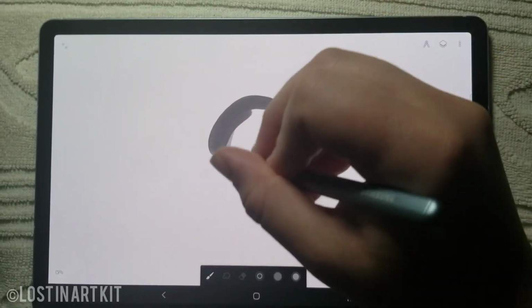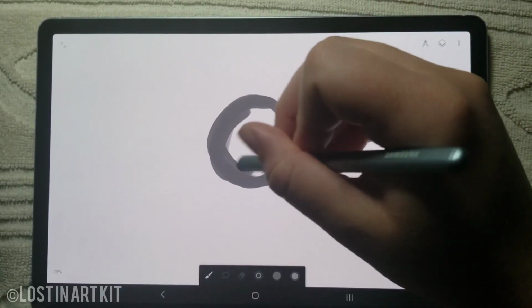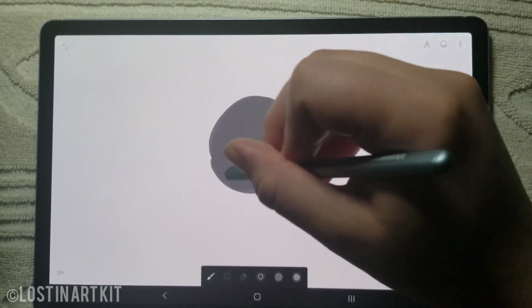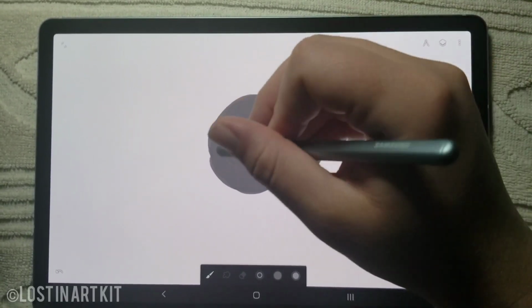Hey guys, today I'm going to be showing you how I approach shading in Infinite Painter on my Samsung Galaxy